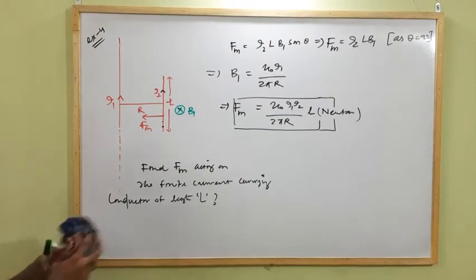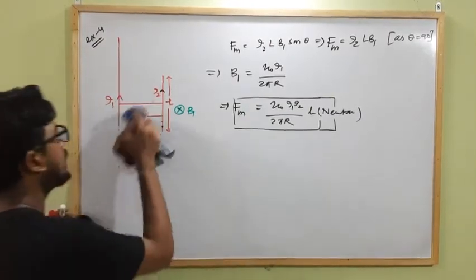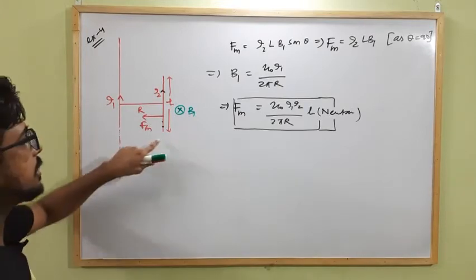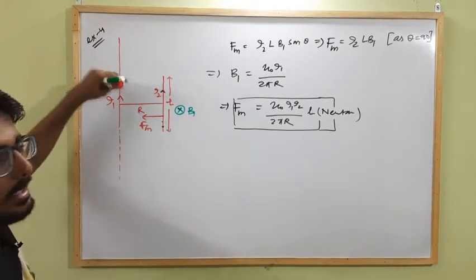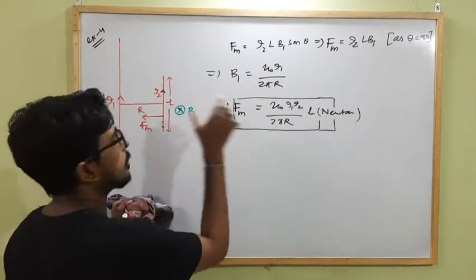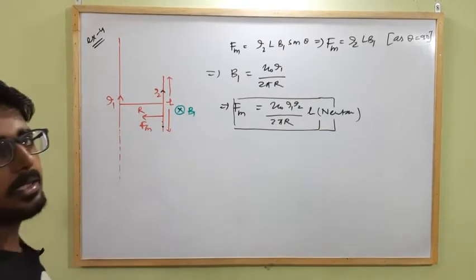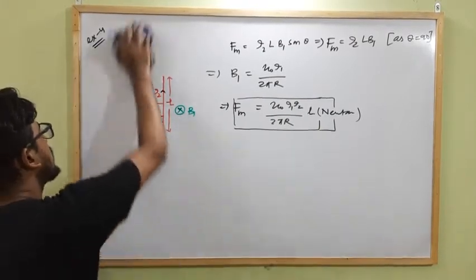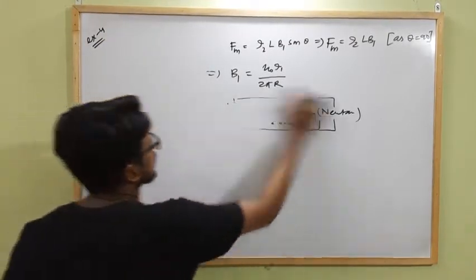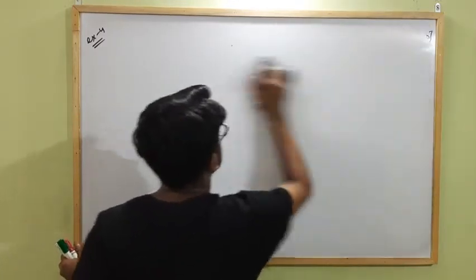This is the same as when there are two parallel current carrying conductors carrying current in the same direction, when both are of infinite length. So this length will become infinite, so we have to calculate the force acting per unit length, which is mu naught I1 I2 by 2 pi r. We already discussed it. So now the same type of question with a little bit of a twist.